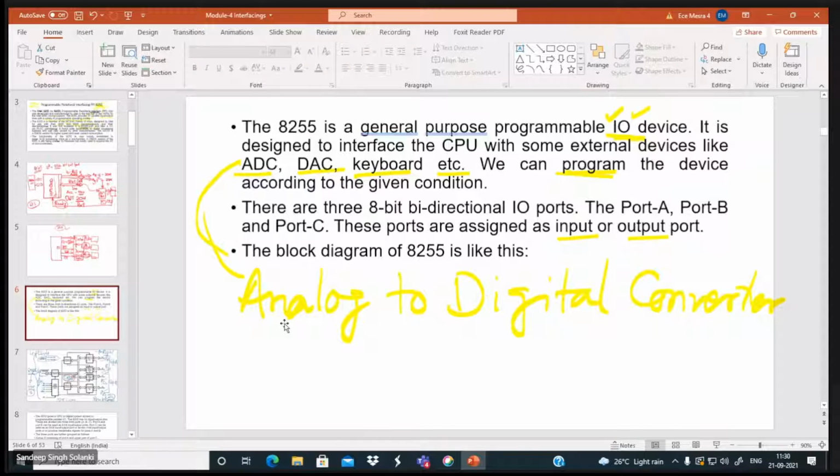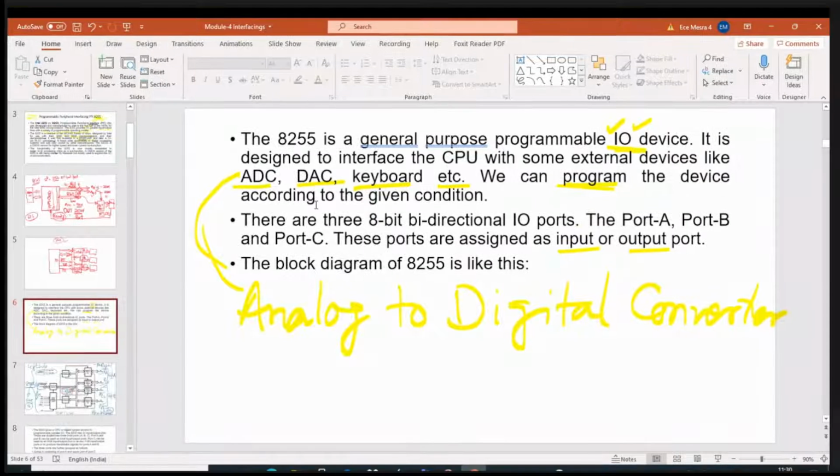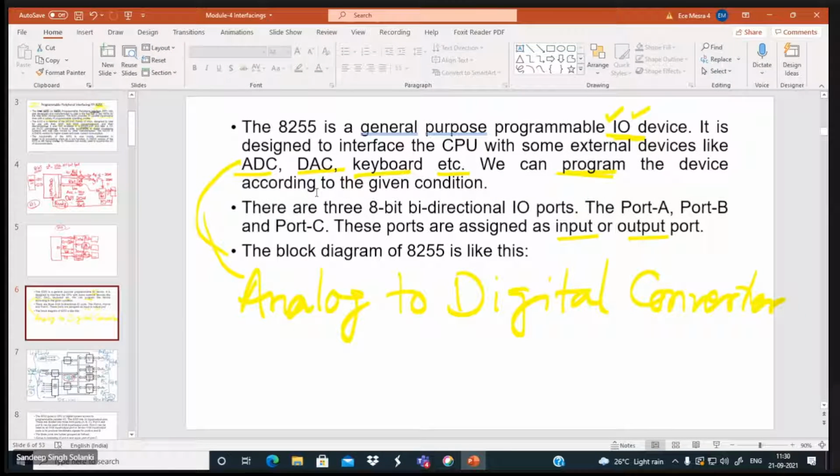Here some examples are shown: 8255 is generally used for the connections of your ADC, DAC, keyboard, etc. There is the provision, but I would prefer you not to connect your keyboard with 8255 because it is going to create complexity.